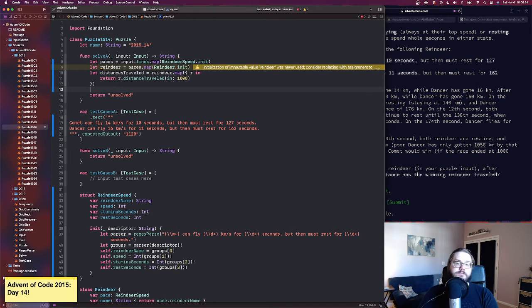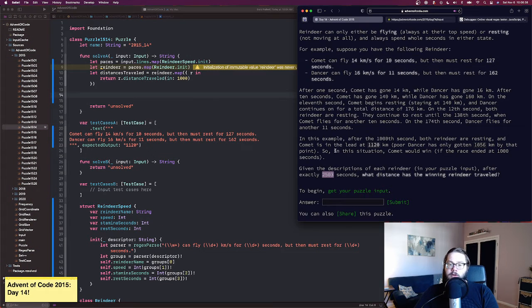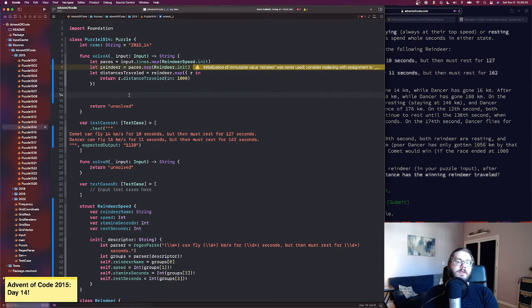Okay. Comment: would win if the race ended at 1,000 seconds. Okay. Reindeer.map, distance traveled, and then we have to find, we're going to do let fastest distance, longest distance equals distances traveled